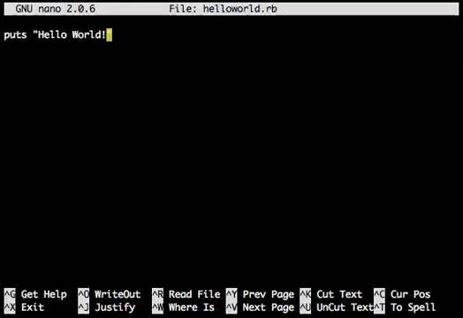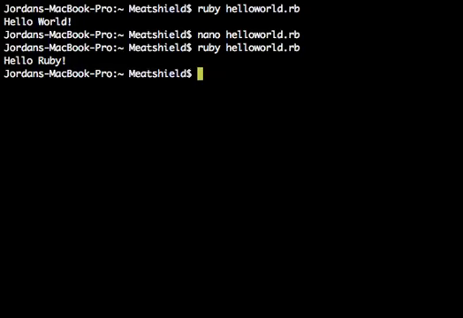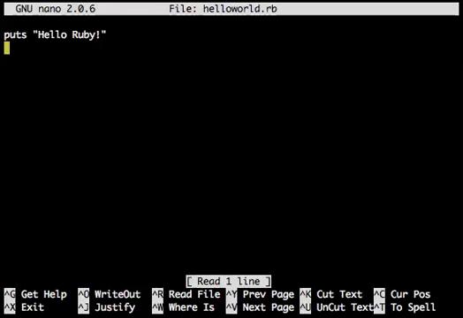Now if I change this to hello Ruby, and we run this again, you'll see now it says hello Ruby. So it's very easy to go through and make changes to your code, and realize that any of the commands we use are functions being called for various things. One of the things to note is that